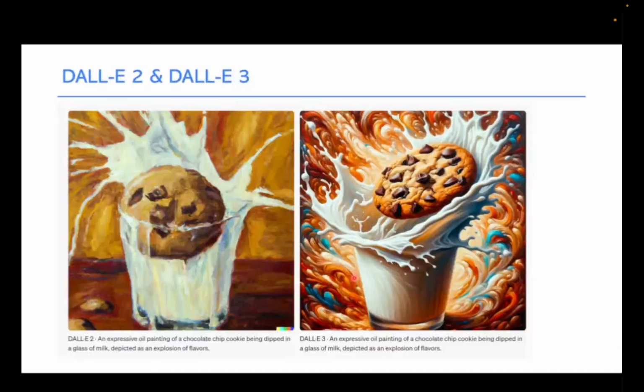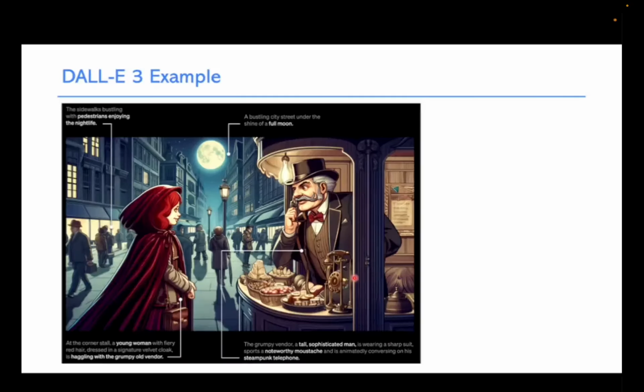So if we compare the performance of DALL-E 2 and DALL-E 3, you can see DALL-E 3 improved a lot. What's even better is that our modern text-to-image models always tend to ignore some details in the prompt. You may even experience it in ChatGPT or other Gen AI systems.